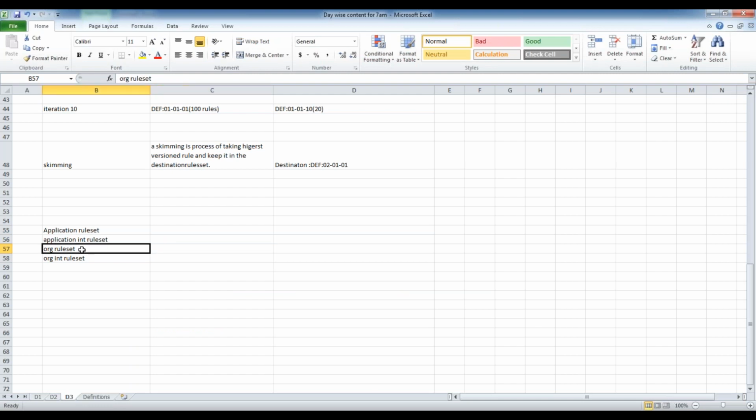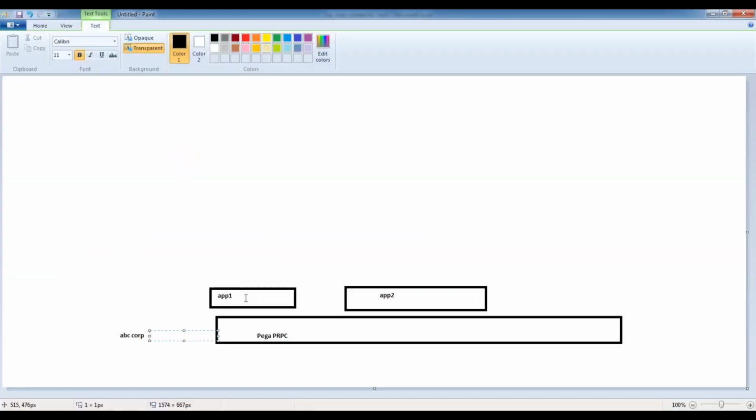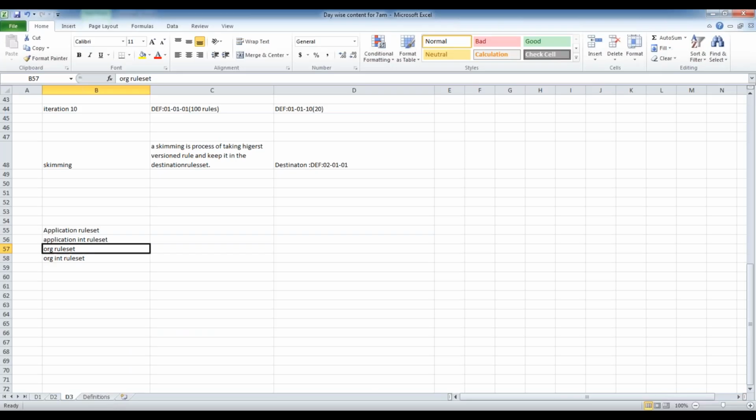That means I am reusing the rules. Whatever rules I create as part of application 1 that are reusable across the organization, I can reuse again in application 2. That is why we go for reusability. Whatever rules are specific to the organization, we can store, like organization logos. The logging mechanism will be the same for each and every organization; it doesn't differ for each application. So logging integration you can do in the organization rule sets only.